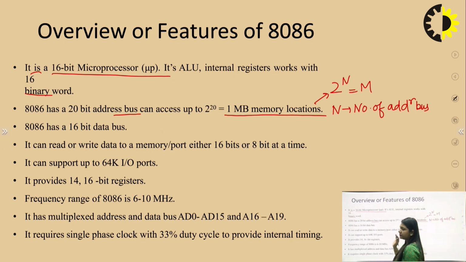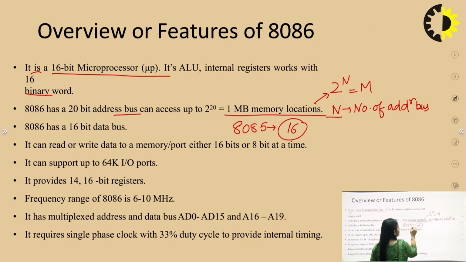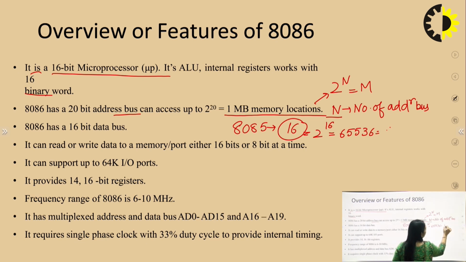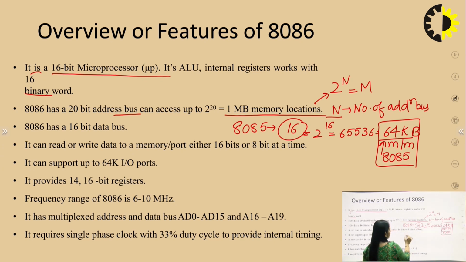In 8085, if we remember, there were 16 address lines in total, so it was 2 raised to power 16, which we call 64 KB memory. This was the memory size for 8085. But in 8086, it will be 2 raised to power 20, which is approximately 10 lakh